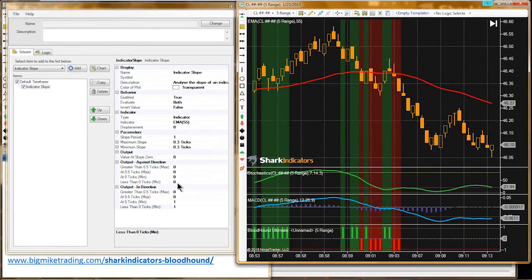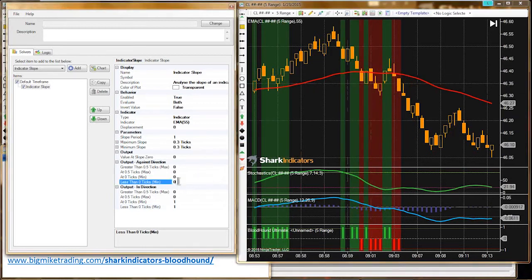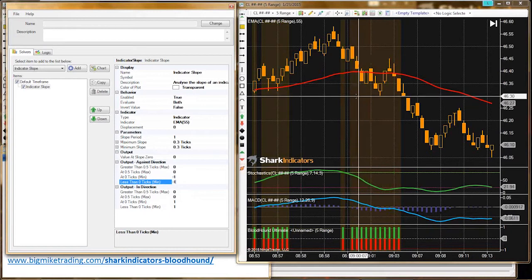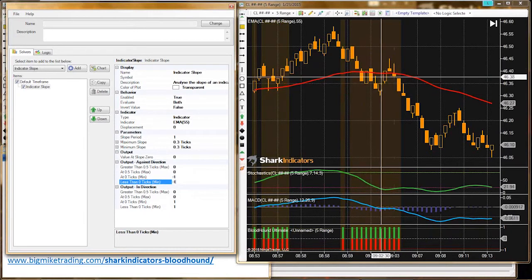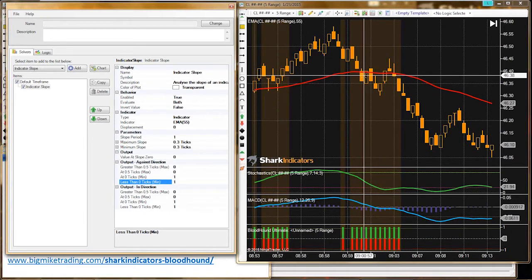And most likely, if you're trying to detect when you're in a flat area, you probably want to use the against direction as well, right? That way you're getting a long and a short out. Because if you're detecting a flat area, usually you don't know what